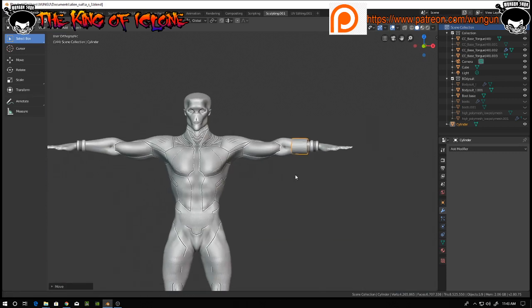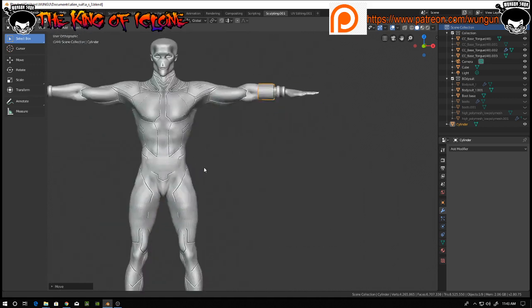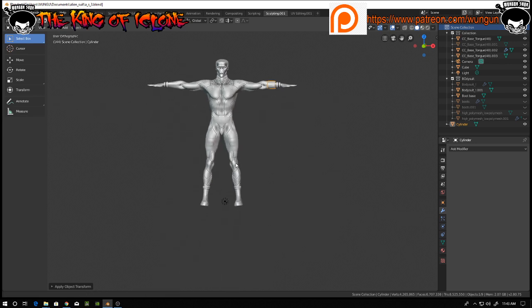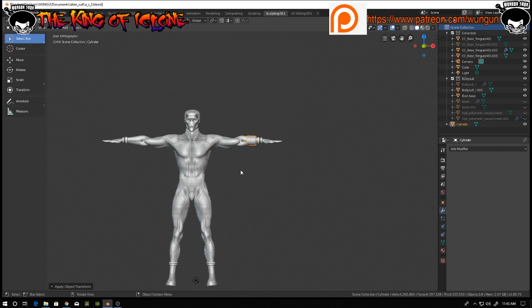Now what I got to do is a couple of things. When you move something in edit mode, in object mode, you got to go back and go Control A, and then Control A again, and rotation scale. So you want to make sure that the rotation, location, and scale is all on world, right here in the middle. You want this root to be right here, because I'm going to add a modifier. So if I go back, hit Control Z, I try to add a,